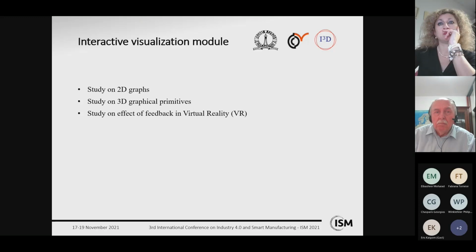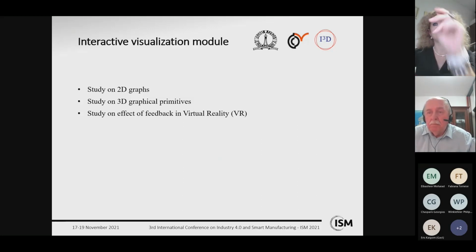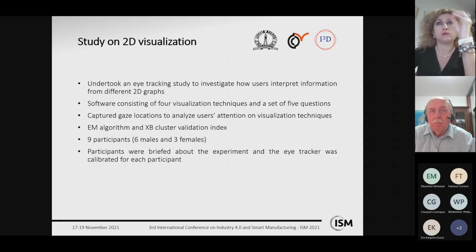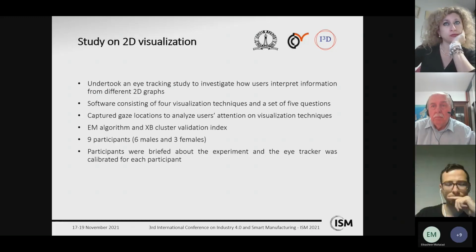So we thought that 3D visualization has the advantage of an extra dimension, and also a VR display allows an immersive experience and can directly access digital media, replicating the real world. So based on this observation, we also did an eye tracking study on 3D graphical primitives. So what are graphical primitives? A complex visualization object is a collection of simple graphical primitives. For example, any object will be depicted in shape, size, or opacity. I will come back to what a graphical primitive is later. The results of this 3D study we also used to develop a 3D digital twin.